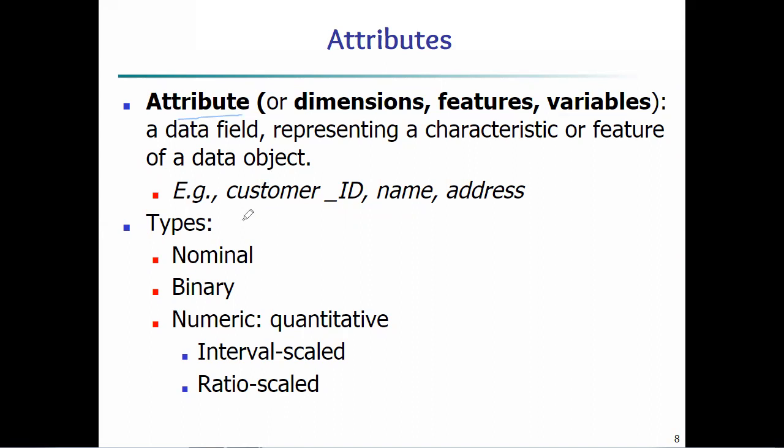Everyone knows in case of a student database, student ID, student name, address come under attributes. And what about employee? Employee is an object, or we can say an entity. What are the attributes, or dimensions, of it? Employee ID, employee name, the salary details, likewise. This is a very simple concept, so I hope everyone is clear.